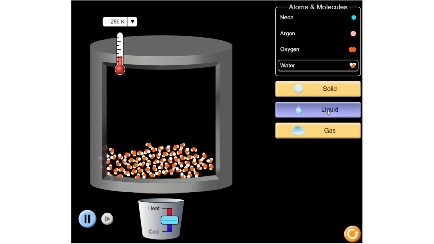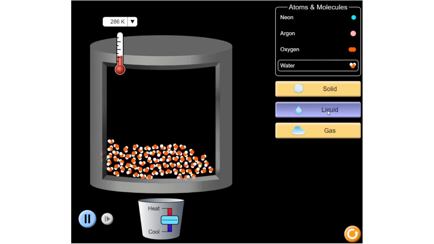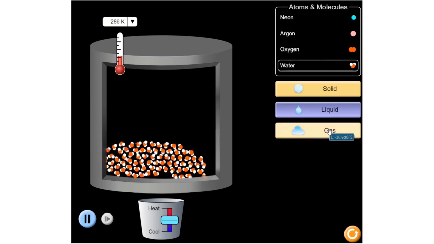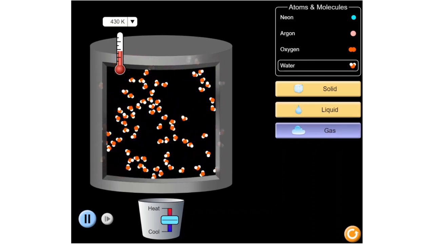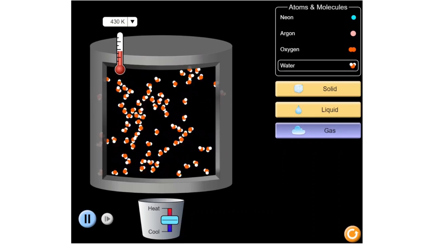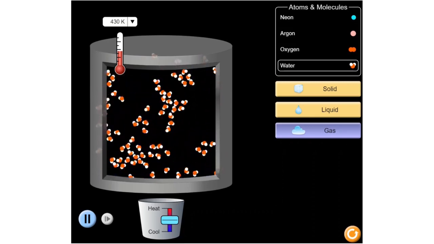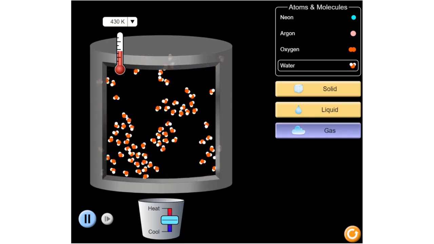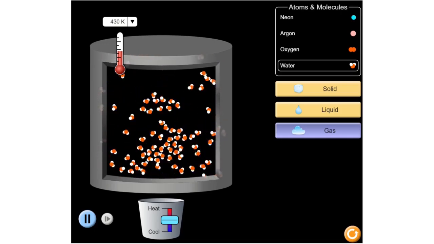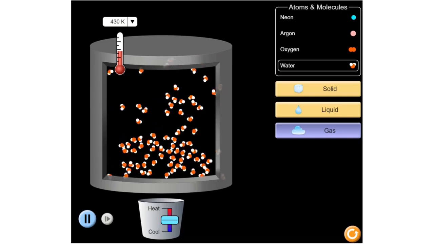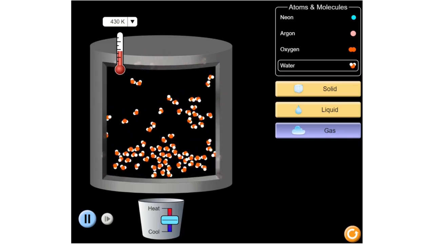It has more potential to make a bond, whereas gas has the highest potential energy between molecules, so it has the most potential to form bonds and end up in a solid form like this, where it's a relatively strong bond. So there's the kinetic particle model, and constant motion,